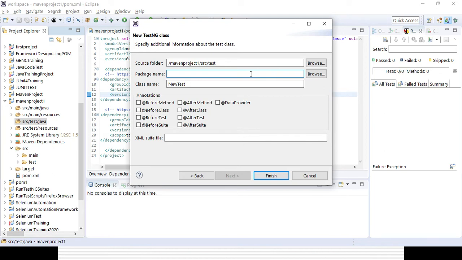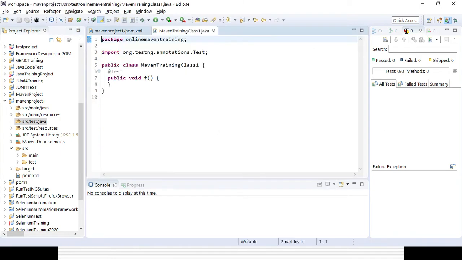So suppose package is online training, and class name you can give as Maven training class 1. Okay, I am giving it and I am clicking finish. Okay, so you can see by default one class is generated, right?